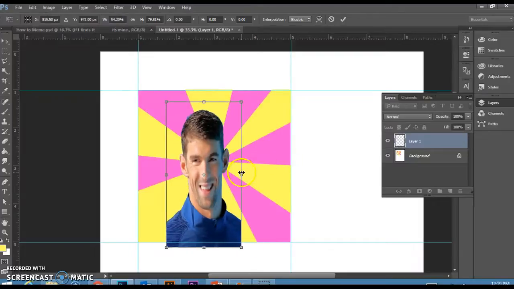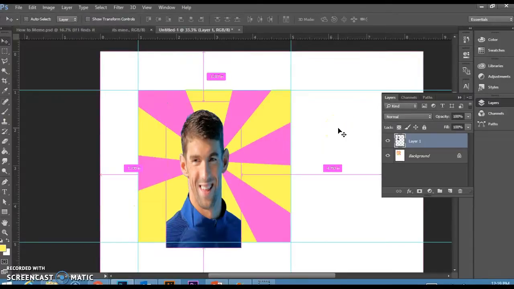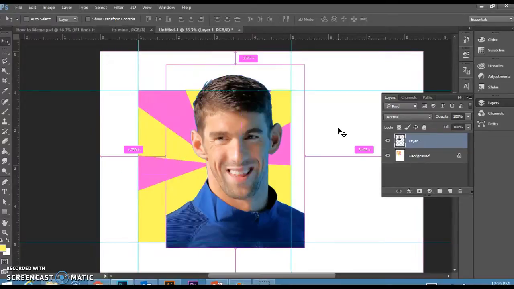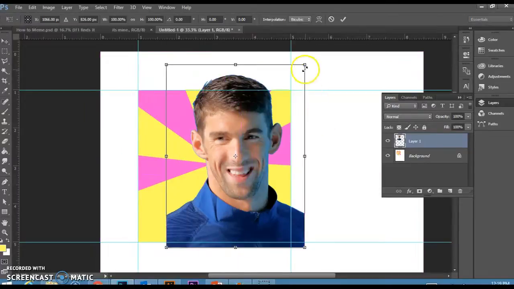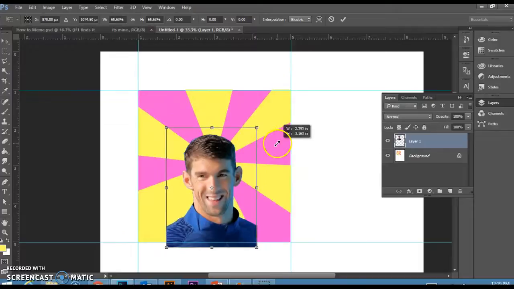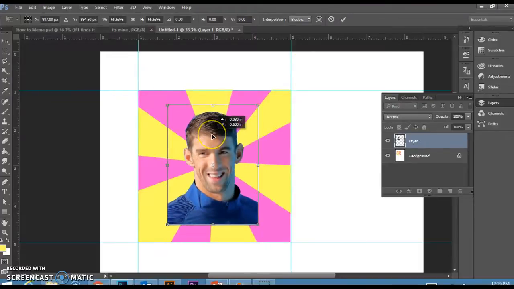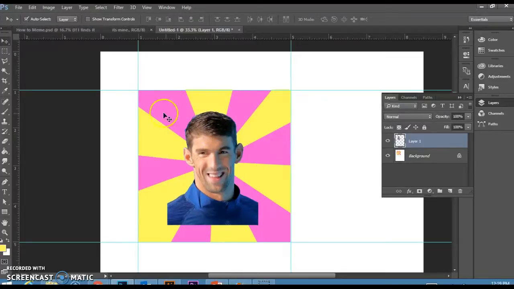And it's really difficult to try to estimate how to get them back. You don't want people to be too skinny or too squished on top. I'm just going to Control Z that to undo. Control T again, grab from the corner, hold Shift, get it the right size. Right there looks pretty good so that we can fit a little bit of text at the top and the